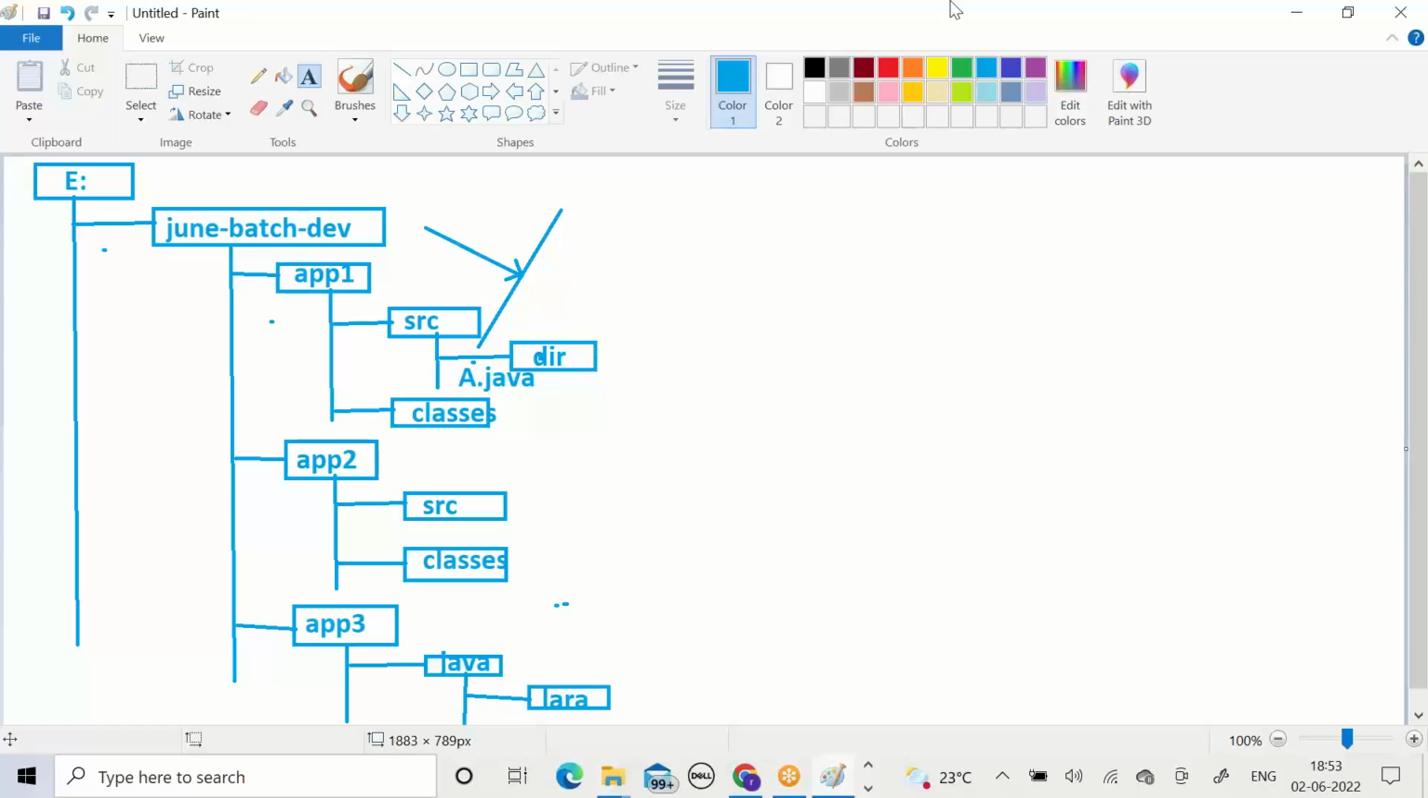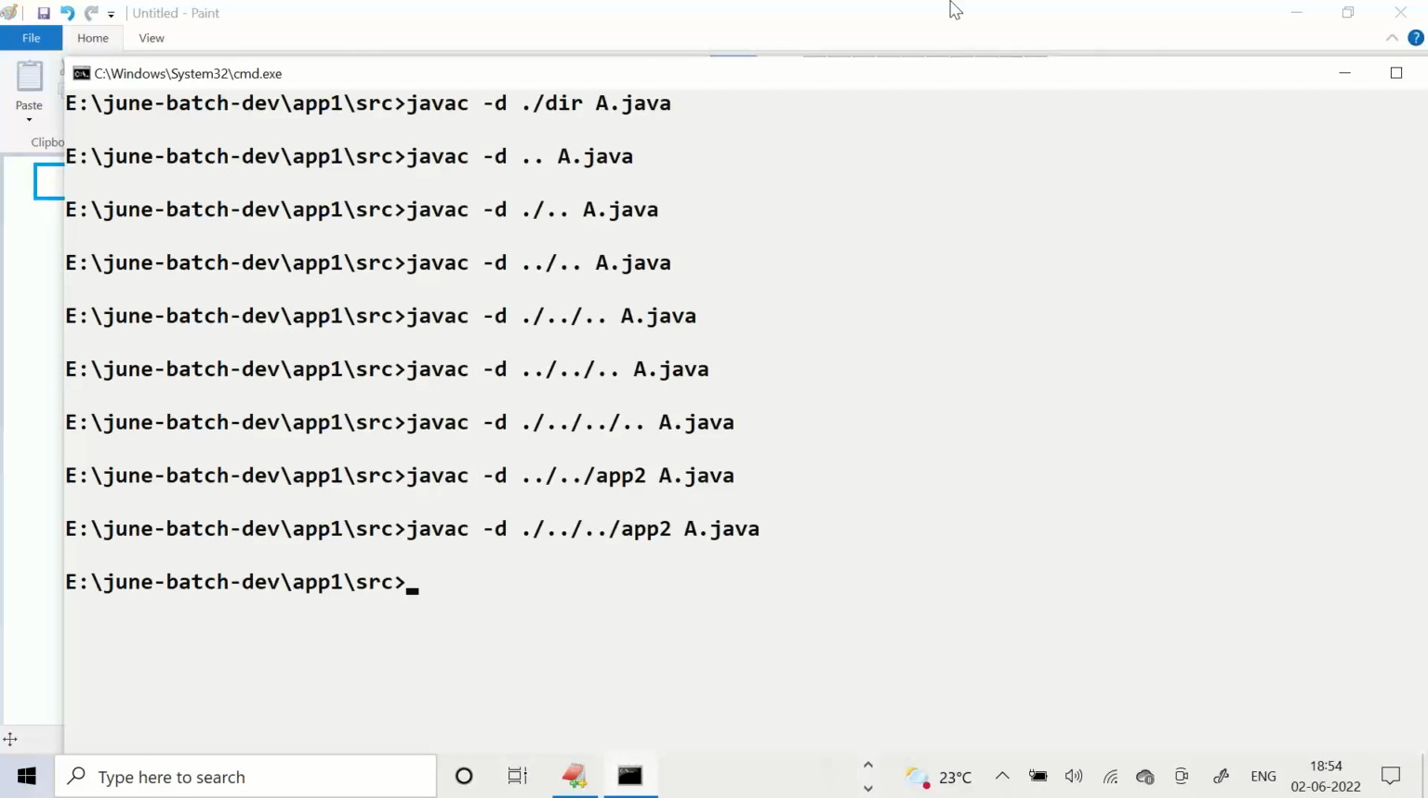From src, if you go 1 step back, you'll reach app1. If you go 2 steps back, you'll reach June batch. From the June batch only, there is a way to go to app2. You cannot reach app2 straight away from src or from app1. You have to go to June batch DAV. From src, go to app1, then go to June batch DAV, then reach app2. Start now. The next case,